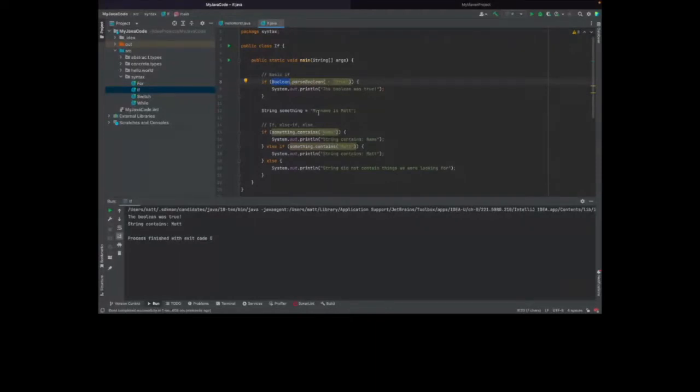And we could see that this contains the word Matt, and it didn't contain the word name, because contains checks the whole, like, case sensitivity. It actually checks against that sort of stuff as well. So it'll say, yeah, it did contain Matt, but it did not contain name. So that's if statements.